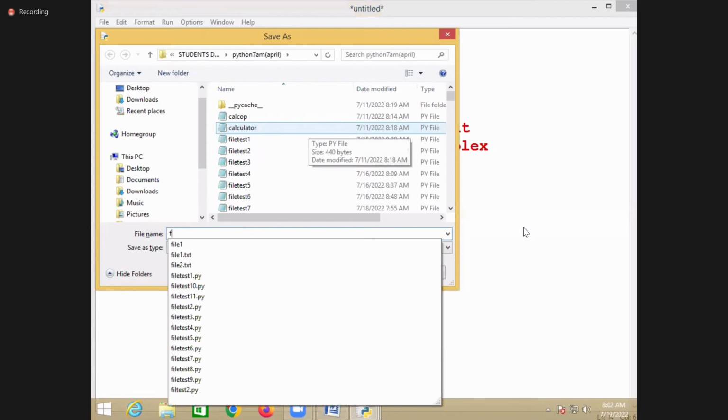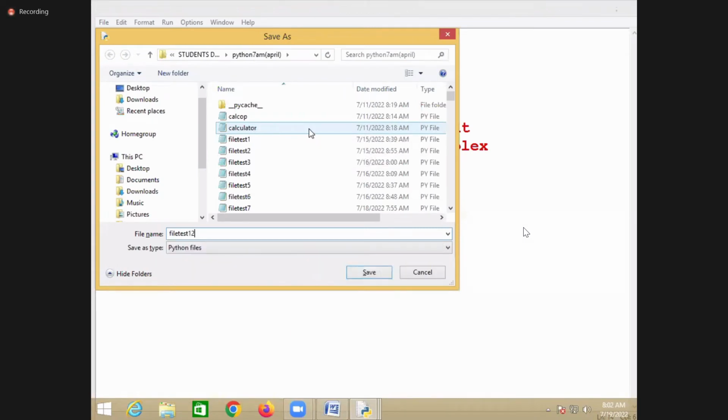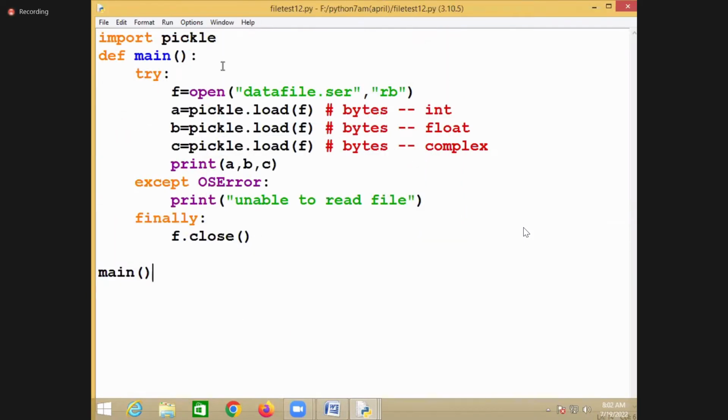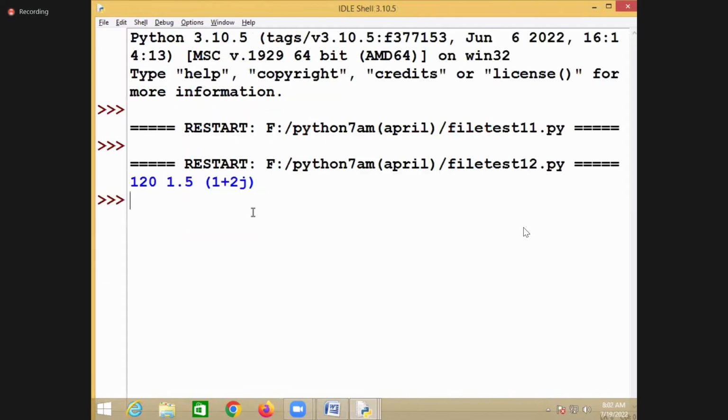That is used for closing the file, right? So try to open the file and load the data from the file. The first one is integer, the second is float, and the third is complex. So this is the inverse process. Now you can see 120 and 1.5 and 1 plus 2j, right?